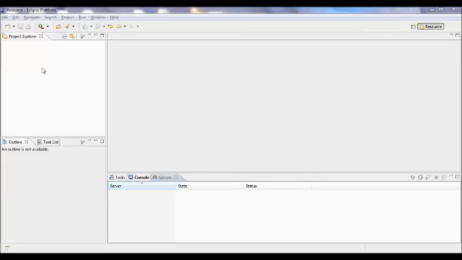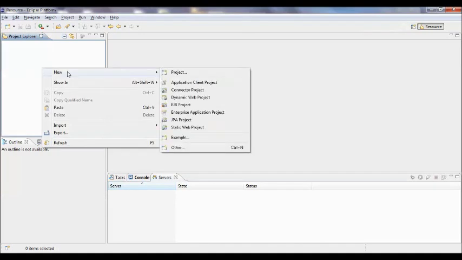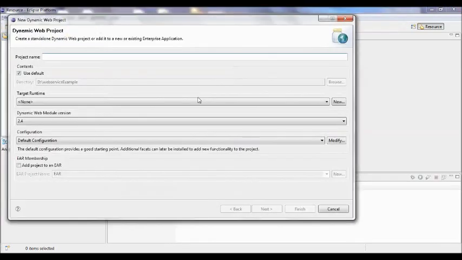Okay, we will create a web service now. Open your Eclipse and we have to create a dynamic web project. So go to this option, dynamic web project, and we'll give a name. Let's say we'll give the name test web service. Test WS is the name of the project,